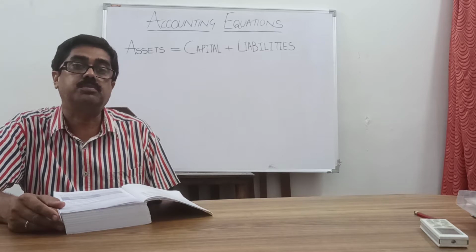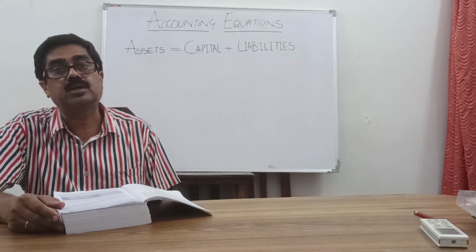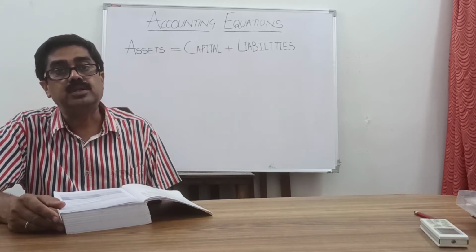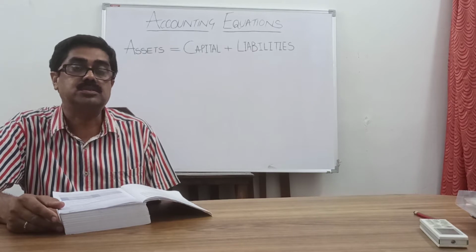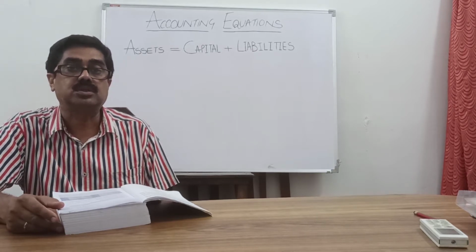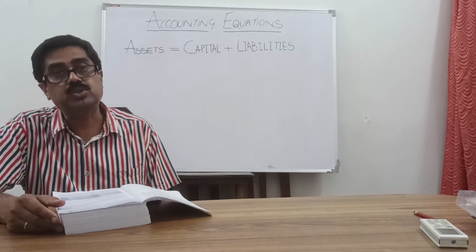Assets means all that belongs to the business. Capital means the money invested by the proprietor or owner at the beginning of the year. Liabilities, what the business owes to outsiders. When capital is added to liabilities, it should be equal to the assets of the business. This is called the accounting equation, which also forms the basis for the dual